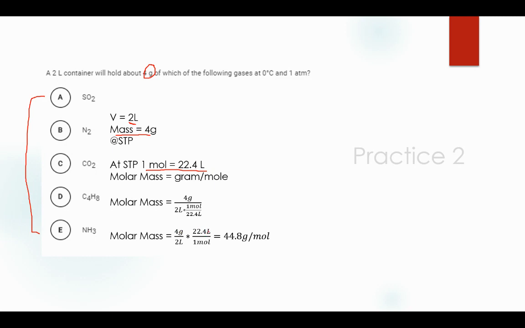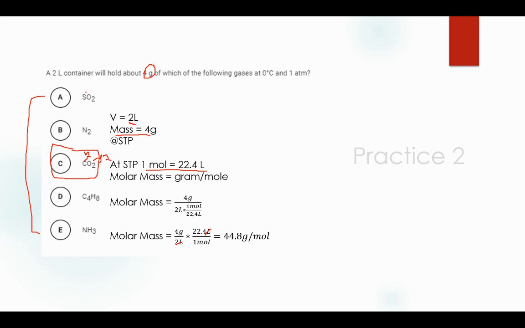And notice our liters cancel out, and we're left with grams per mole, which is our unit of molar mass. And so 4 divided by 2 times 22.4 is 44.8 grams per mole. And so that is the molar mass of carbon dioxide. Because carbon has a mass of about 12, O2, 16 times 2 is 32, so that's about